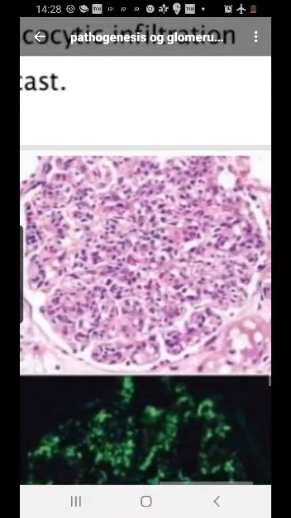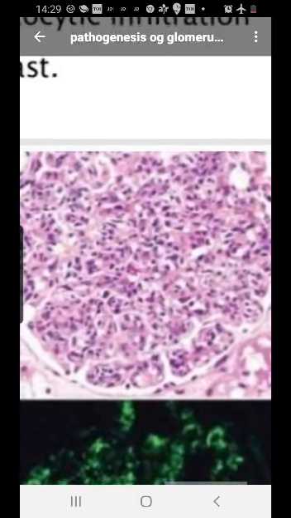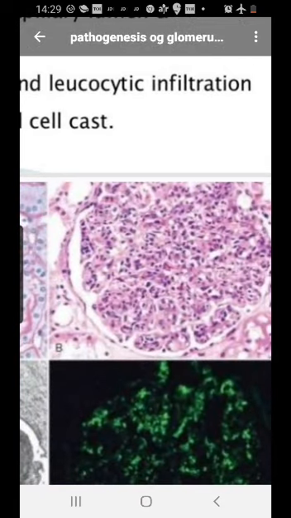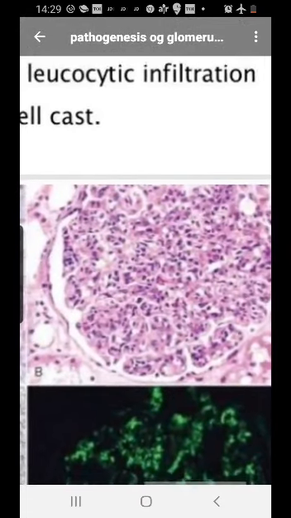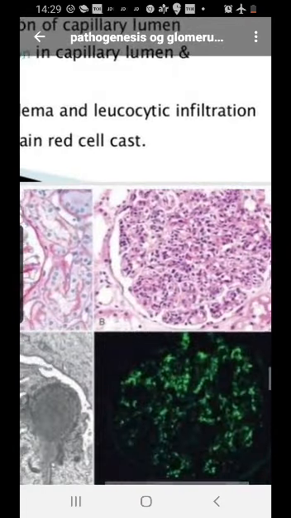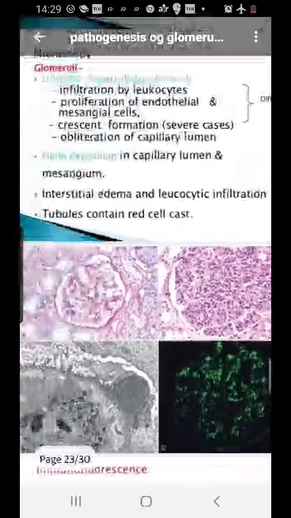Now look at this glomerulus. It is hypercellular. You are not even able to identify the loops. There is so much proliferation of the endothelial cells. These are basically endothelial cells which have proliferated, and the mesangial cells are also there in between, but the endothelial cells are very, very prominent. So this is hypercellularity. Plus there is some deposition of neutrophils here and there. I'm sorry, I'm not able to mark it out because of the lack of a cursor, but you can see the neutrophils and the proliferation of the mesangial and endothelial cells.